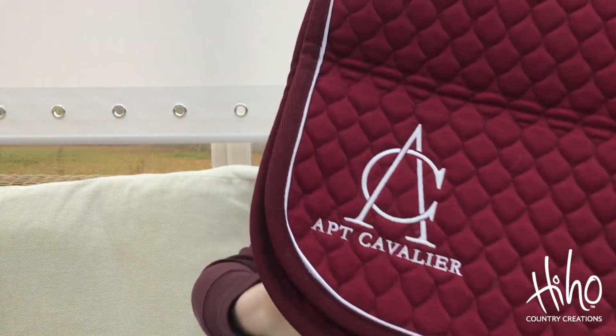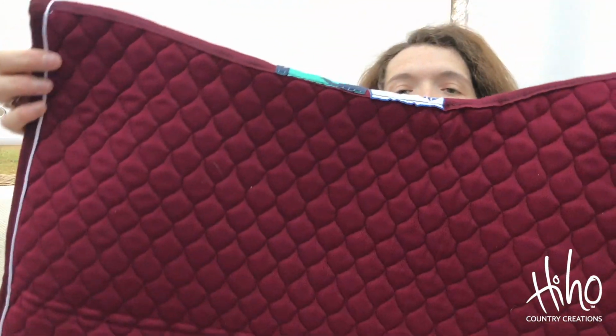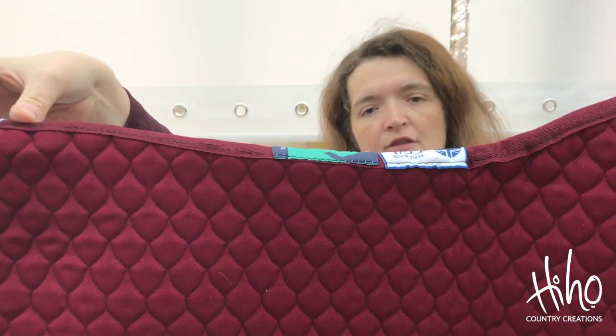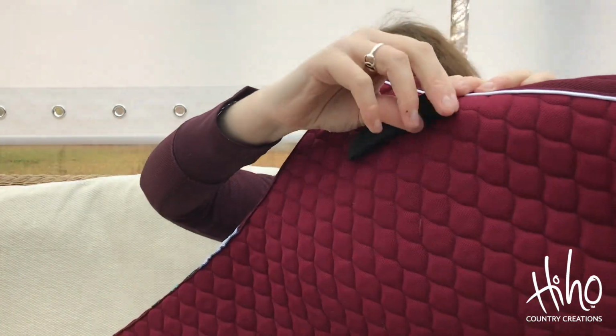A great gift for horses is this. It is a beautiful saddle pad by Aubrey Cavalier, hence the lovely embroidery. Now it's a gorgeous colour, very on brand for me, a beautiful burgundy colour, and it's a new med saddle pad, so it's made with a lovely quilt, and it's cut to the high withers design. And you see the shape of the top, it's not straight, it raises at the back and at the front too. It's made in the UK, and it's got really useful